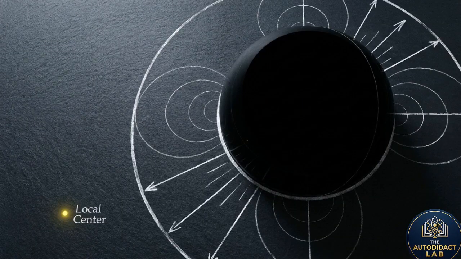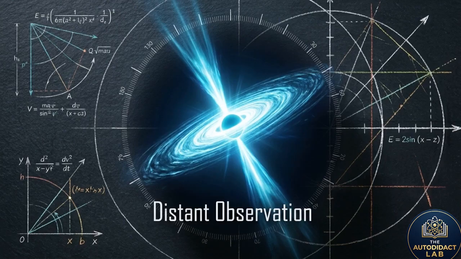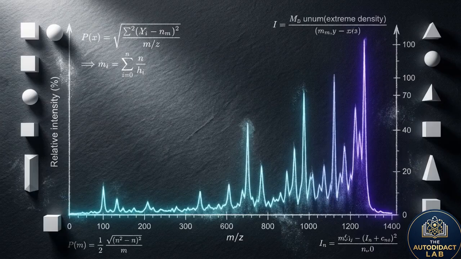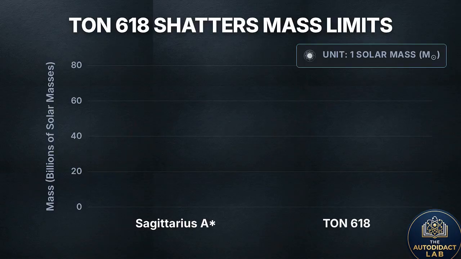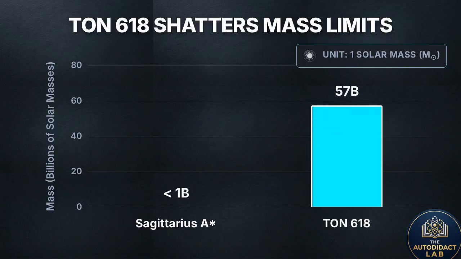Our local supermassive black hole feels enormous to us, but it is microscopically small when mapped against the extreme limits of cosmic architecture. 18 billion light-years away sits an object known as TON 618. It belongs to a classification reserved strictly for the extreme end of the mass spectrum, the ultramassive black hole. These objects are measured in tens of billions of solar masses. The primary data point for TON 618 places it at approximately 66 billion solar masses.